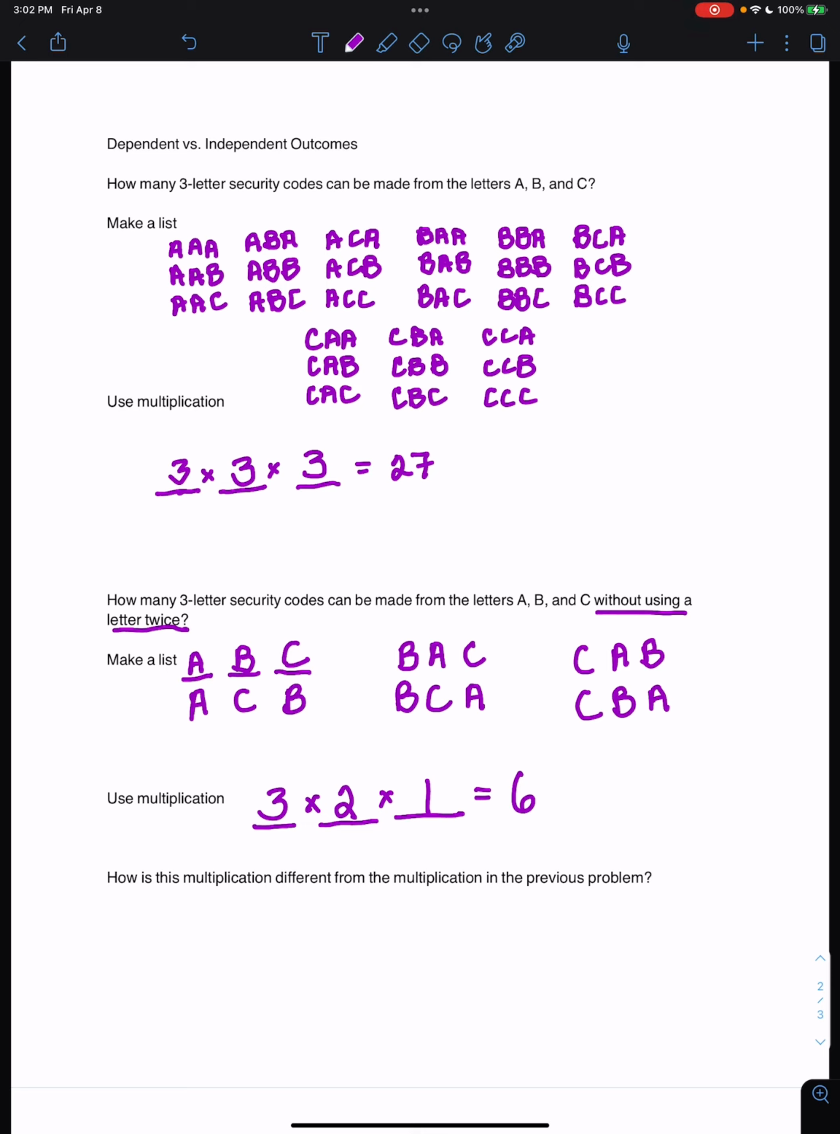So you can see how dependent outcomes are impacted. We have a lot fewer choices when our second choice is dependent on our first, or when our third choice is dependent on the 2 in front of them. So the multiplication is different because we are eliminating